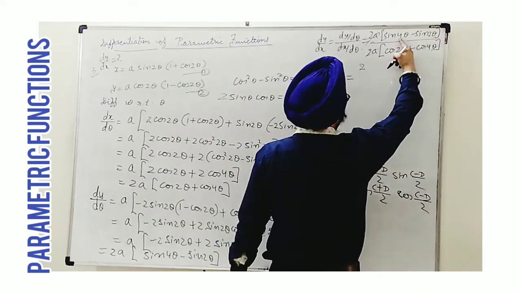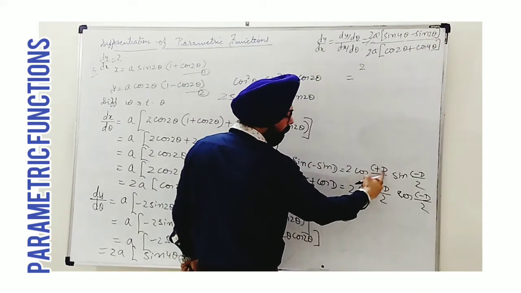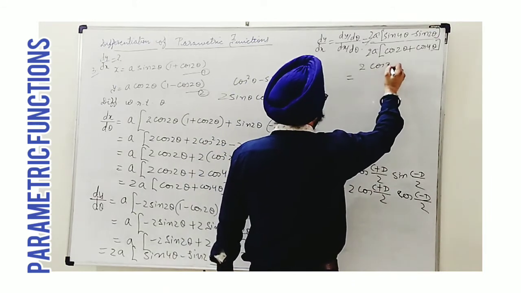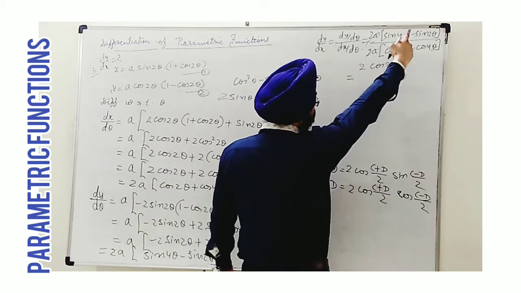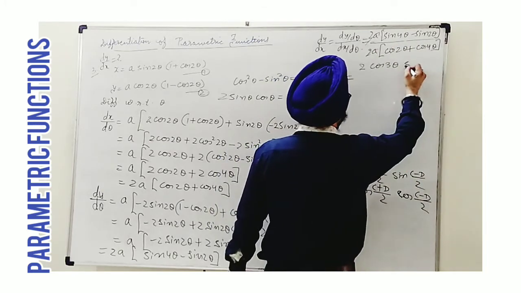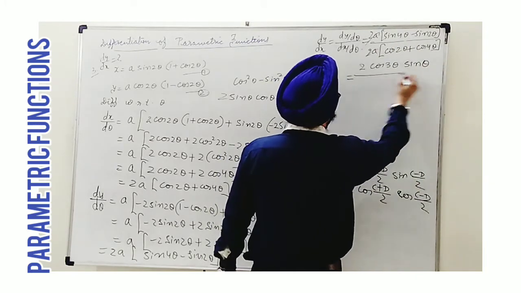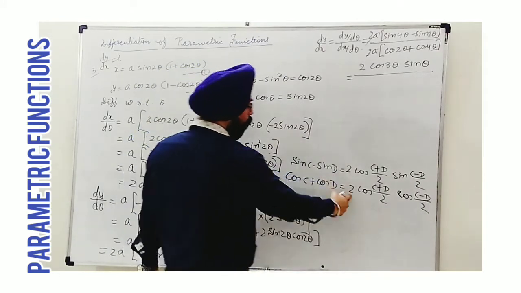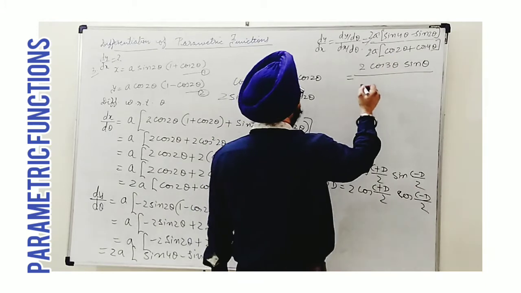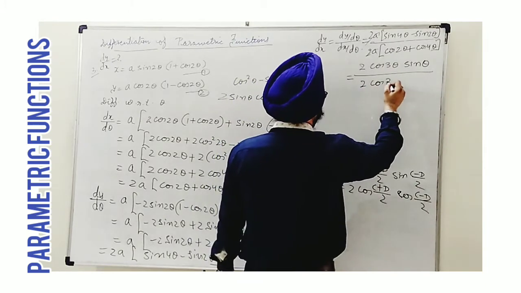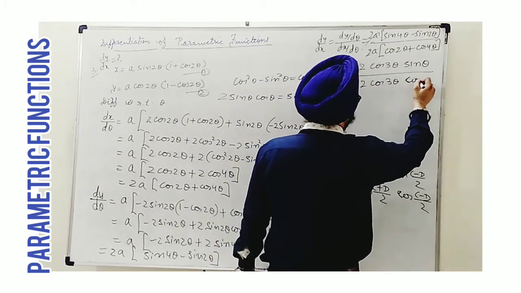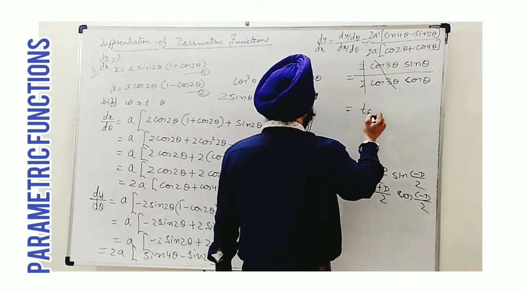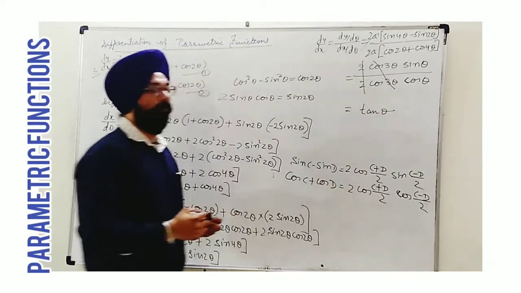Above 2, this sin c minus sin d, c plus d means 4 theta plus 2 theta, 6 theta by 2, 3 theta. So this will be cos 3 theta, and the difference between them is 2 theta by 2, so this will turn sin theta. In the denominator, cos c plus cos d, this will be 2 cos (4 plus 2)/2, so this will turn 2 cos 3 theta and cos theta. So finally like terms cancel out and we are left with tan theta. This is the simplest form of the answer.